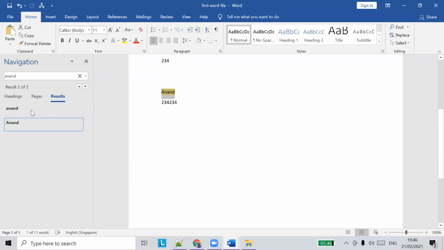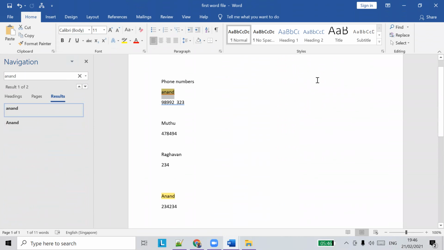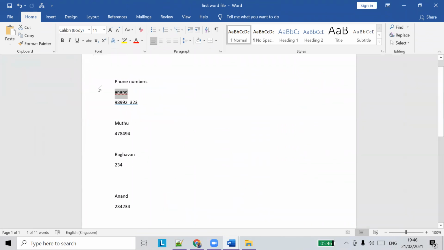Now you can see two Anands here. When you click on it, it will move to the appropriate location. This is similar to the find we saw earlier, it just looks better. So that's it, you can use Find.